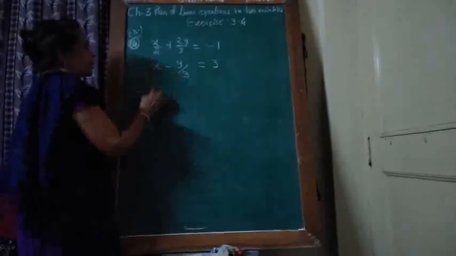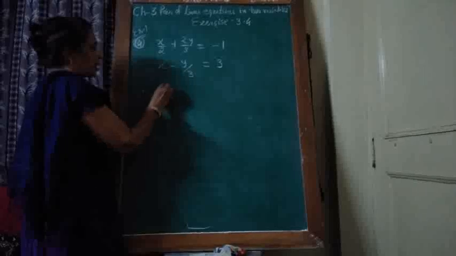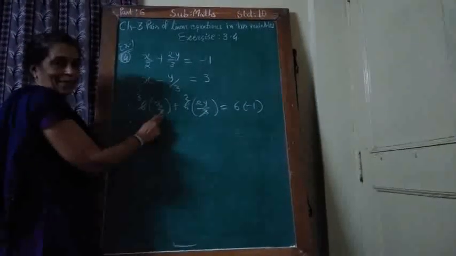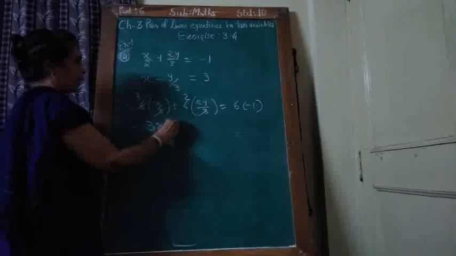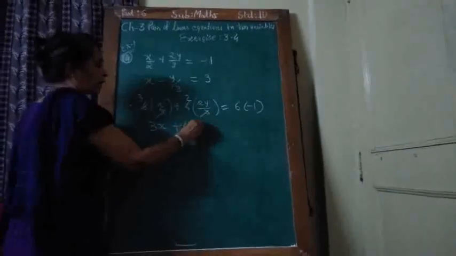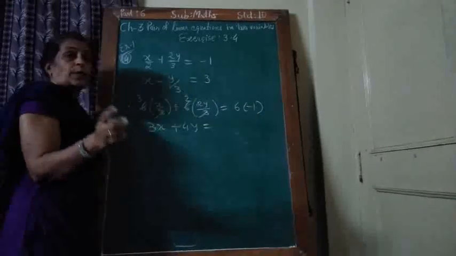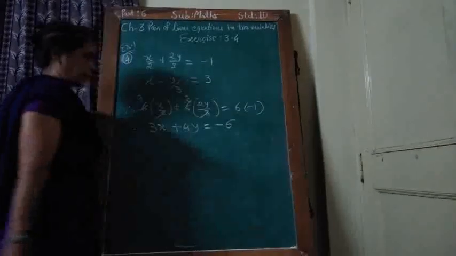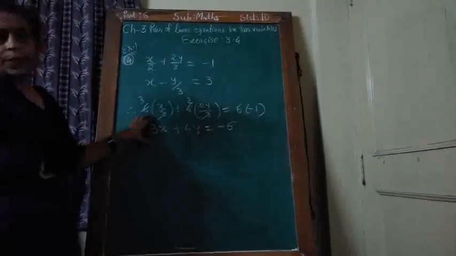So I multiply all the terms by 6, so that this equation reduces to 6 times x upon 2 plus 6 times 2y upon 3 is equal to 6 into minus 1. You may write directly also. See, 2 times 3 is 6, 3 times 2 is 6. So the denominators cancel, 2 and 3. So you get this type of equation, 3x plus 2 times 2 is 4y is equal to, don't write 5, because here is a product, 6 times minus 1 is minus 6. So this equation becomes this one.